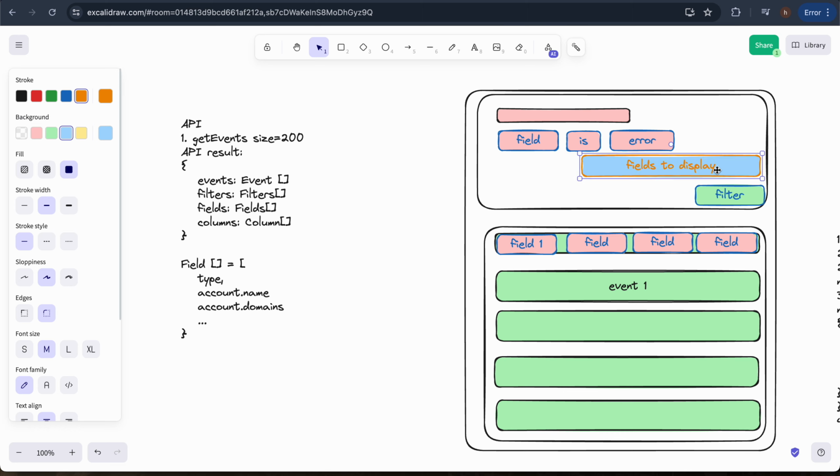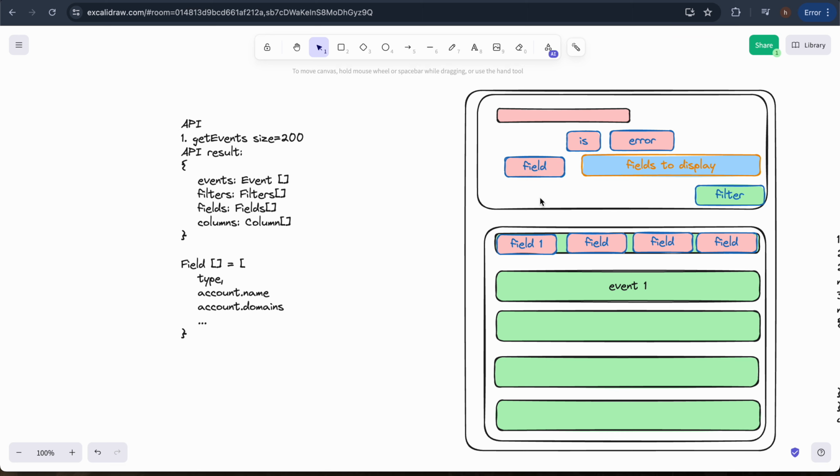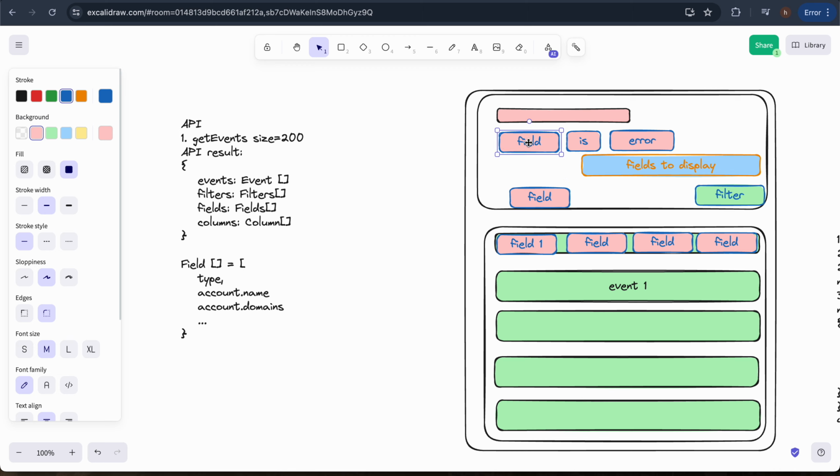So here, this is kind of an input, and here we have a drop down. So every time I click on this drop down, this one is a drop down for field, but this one I'm gonna make blue also. Also with field, and here you can add more fields to display, and when you apply